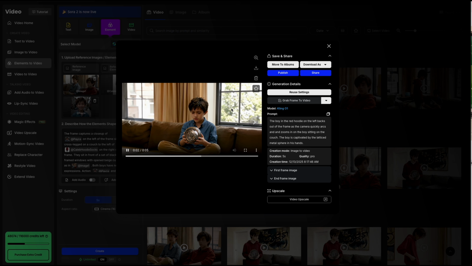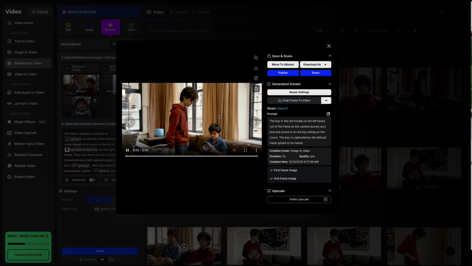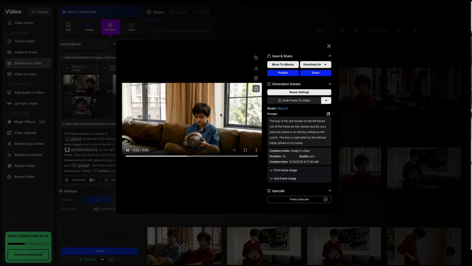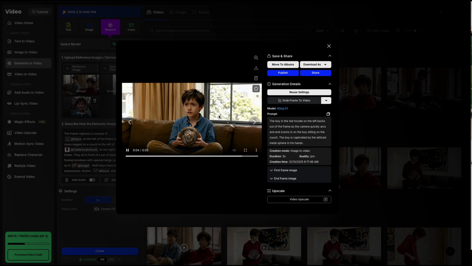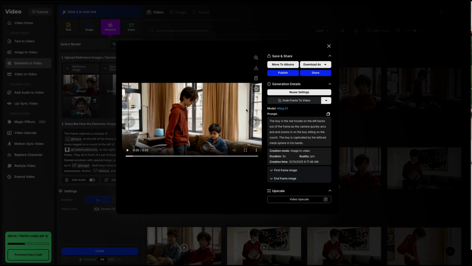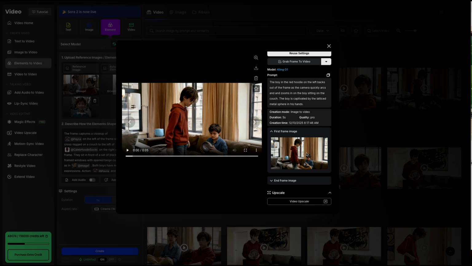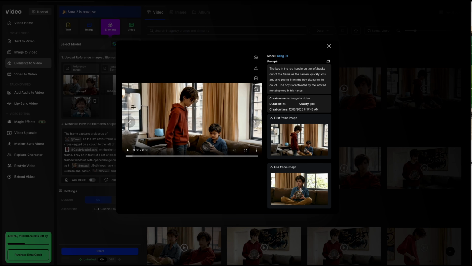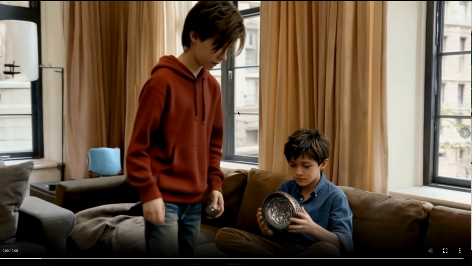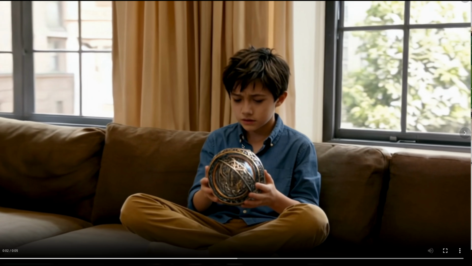Okay, so I still wanted to show that you shouldn't try to get away from first and end frames. First and end frames can be extremely helpful. So in this example, my first frame is the last frame from the previous clip, and my end frame is the first frame from my next clip. And I wanted to link those together to make sort of a seamless arc across the image. And you can see this is because it's a start to finish,